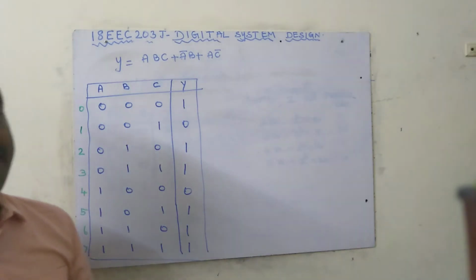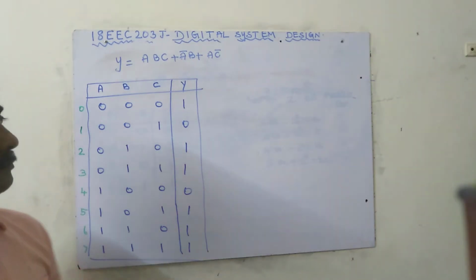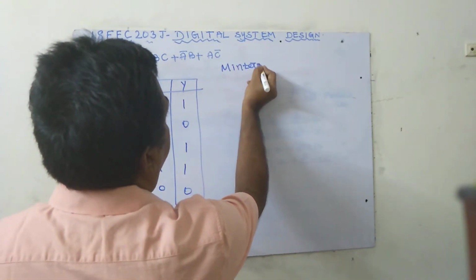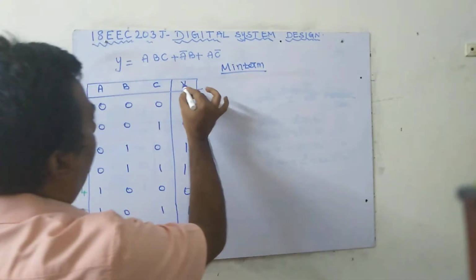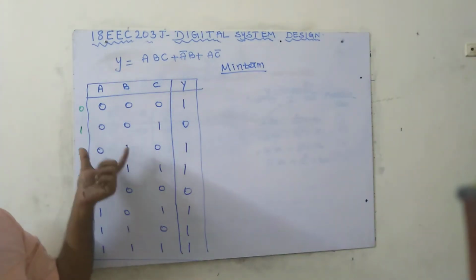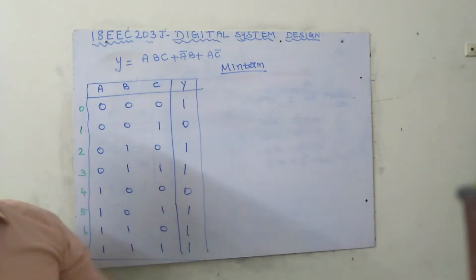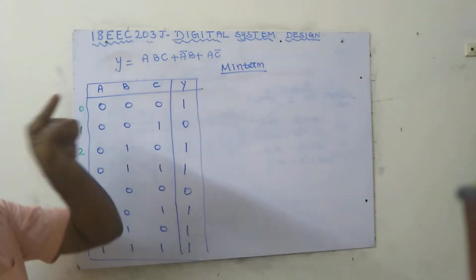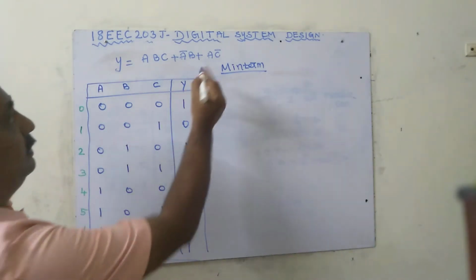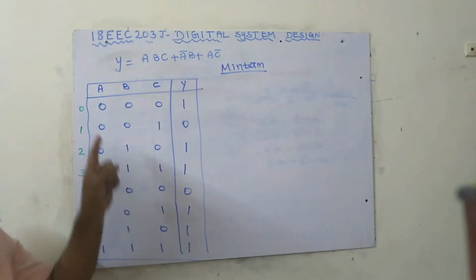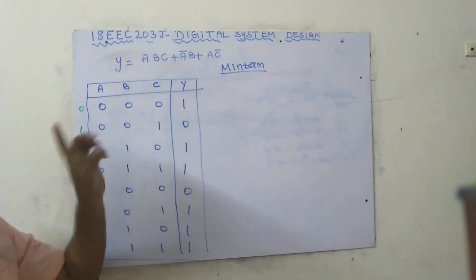Next we have to do min term. What is meant by min term? Important term, min term. Min term means don't bother about this output. Here, what are the inputs we are having? Those inputs we have to write in product form. That is called min term. In min term, 0 should be assigned with a bar letter, like this, and 1 should be assigned with an unbar letter. And every term should be written as a product.